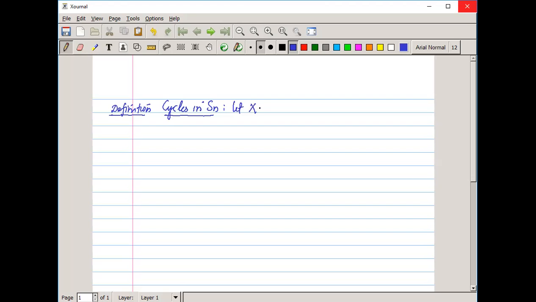Let X = {x1, x2, ..., xn} be a set with n elements, and let i1, i2, and so on, ir be elements of X, and let alpha be a permutation in Sn such that, so we choose a special kind of permutation which goes like this,